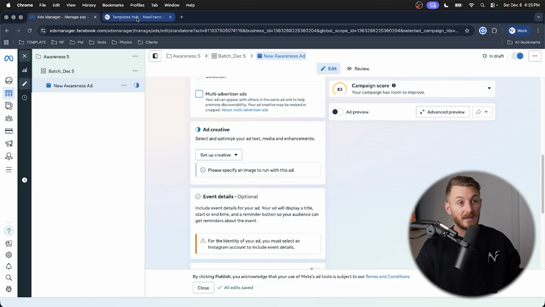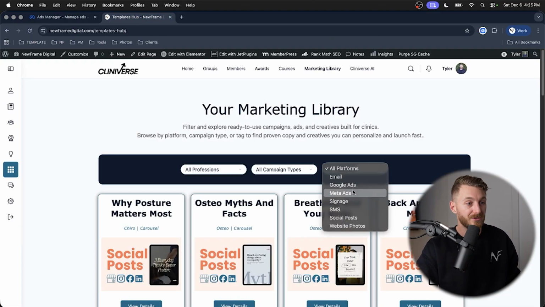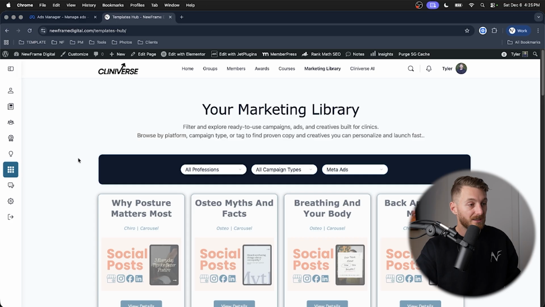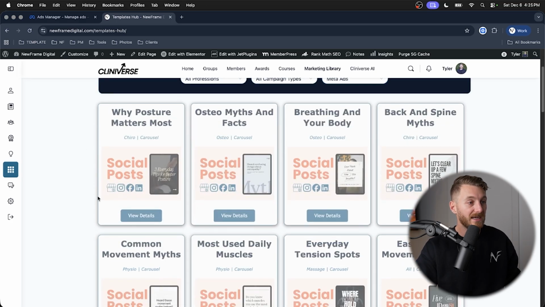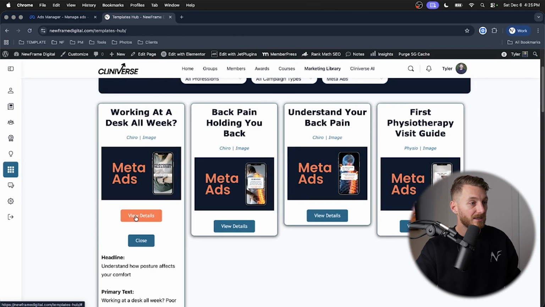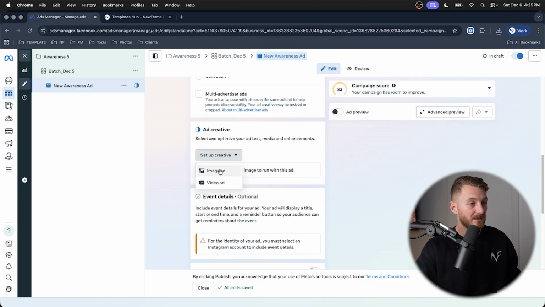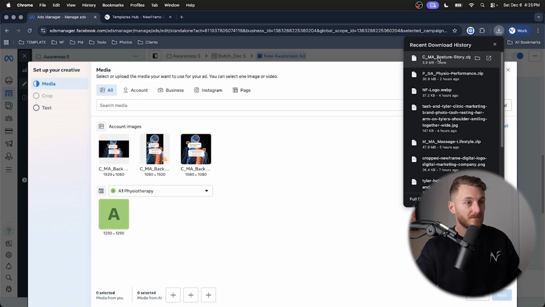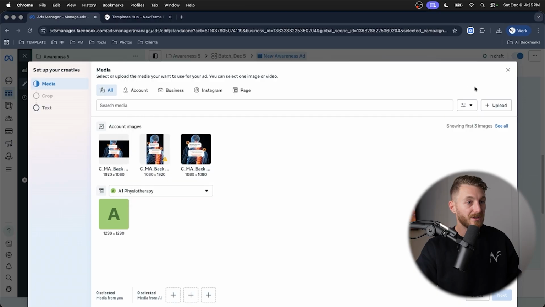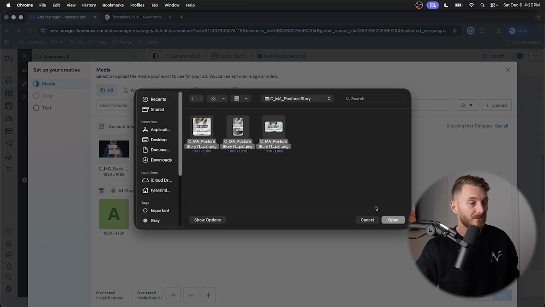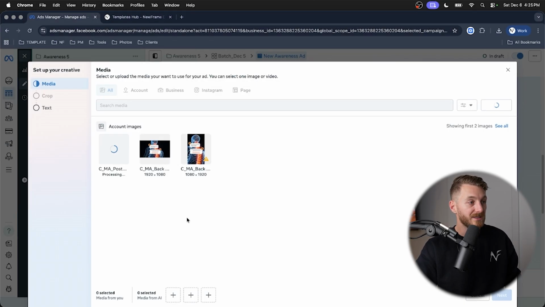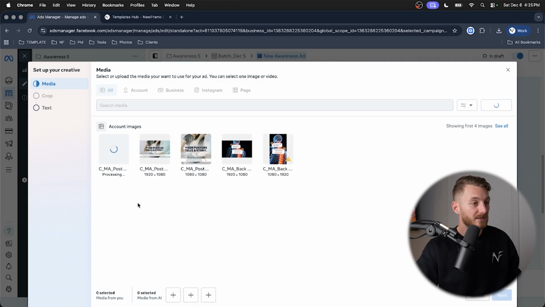So if you are a Cliniverse member, you can just come in here. We can go to meta ads, filter, and then we can just grab some meta ads once it loads. And then we're going to come in here. We're going to download our assets, unzip that. Looks like computer's a little bit slow. We'll copy the primary text, ads, and then we are going to upload these, and then we'll be able to easily and quickly get them in